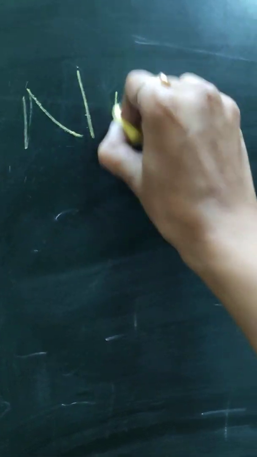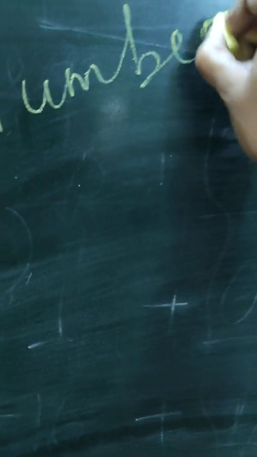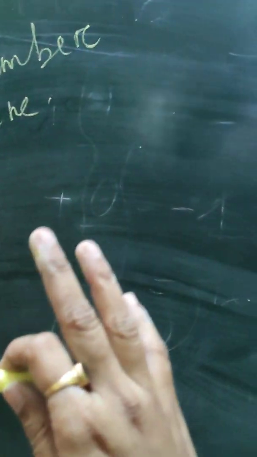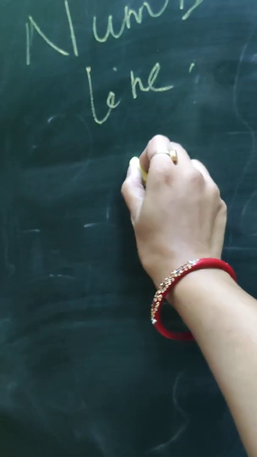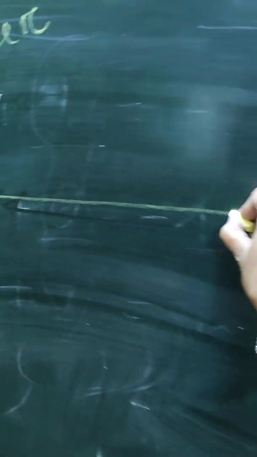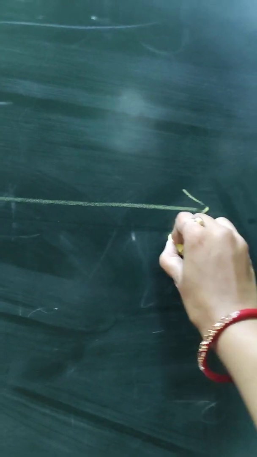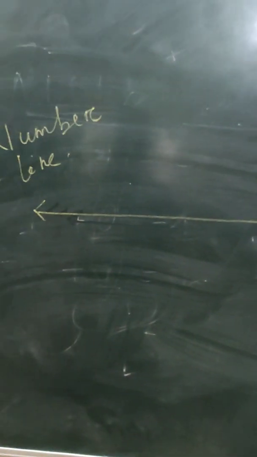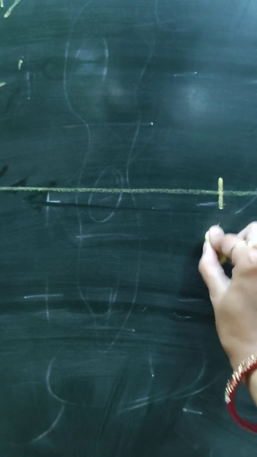Let's move on to the next part of the video, that is about the number line. How do you address the integers on the number line? Now, when we are talking about integers, the number line is always drawn in this manner. You can see two arrowheads on the extreme ends of the line that has been drawn. The middle portion is always expressed as 0.